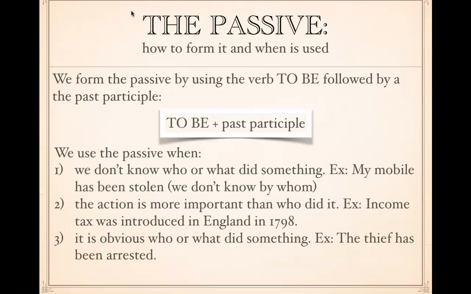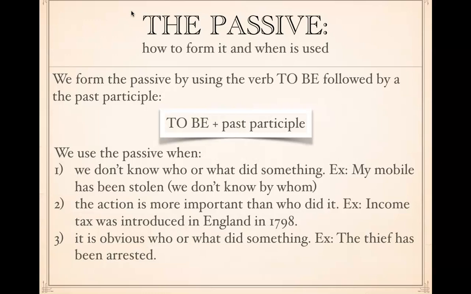We can use the passive when we don't know who or what did something. For example, my mobile has been stolen, but we don't know by whom. Or we can use it when the action is more important than who did the action. So, for example, the income tax was introduced in England in 1798. In this example, we don't know who introduced the income tax, but the most important thing was the introduction itself,